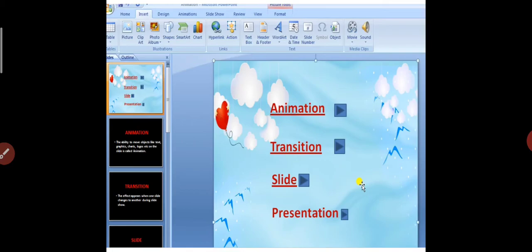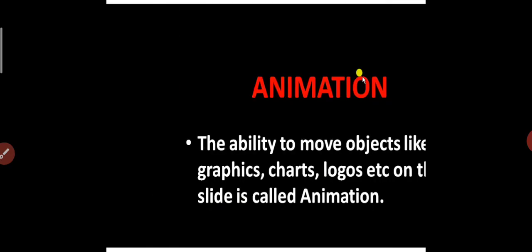Okay, and here you can see whether it's connecting or not. Press F5, you will get on a full screen. Press F5 and click on the action button. You can see that the mouse arrow changes to a hand shape when your mouse is placed on the action button. Click over that. So it's directly connected to another slide, where the animation definition is written.